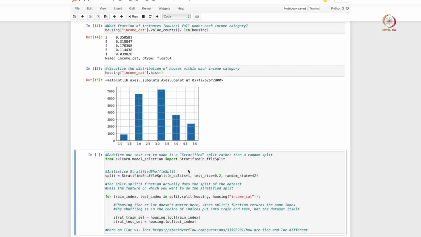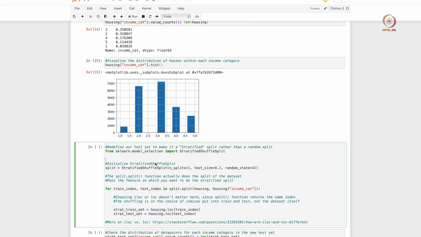Given the skewed nature of our data, let us now try to do a stratified split. Luckily, scikit-learn already has a ready-made class to do stratified shuffle split.